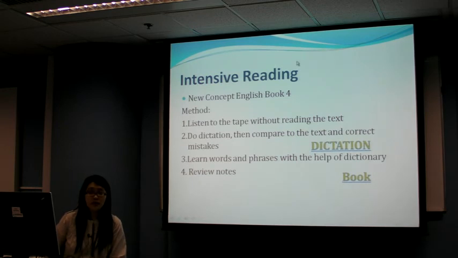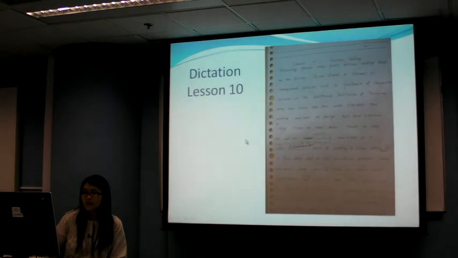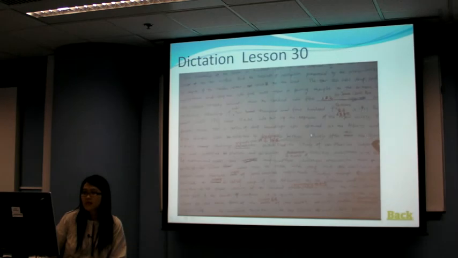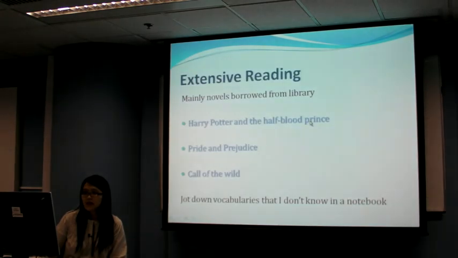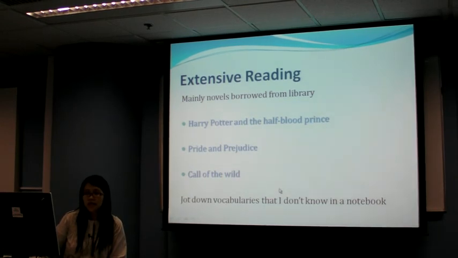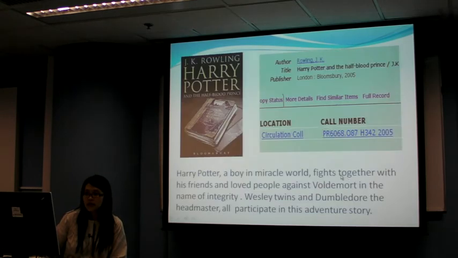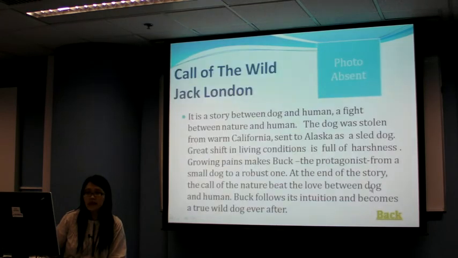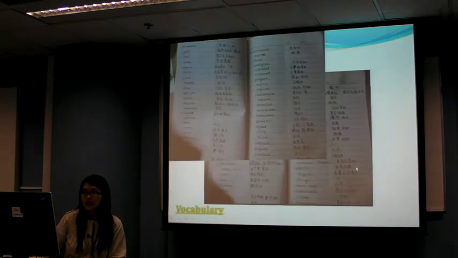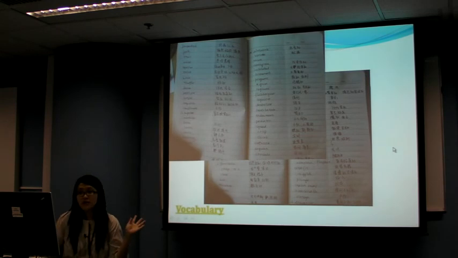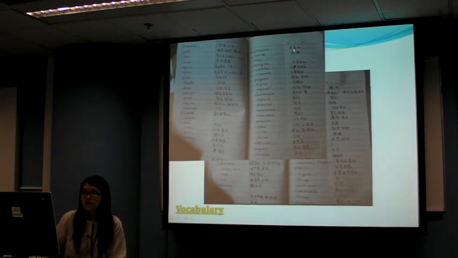This is the second objective, intensive reading. She did some dictation. Extensive reading, borrowing some novels from the library, and then write down the vocabulary items that she doesn't understand. So these are the books. She showed me what she has done, a summary of the story, the list of vocabulary in the vocabulary book. So you can see she focused mainly on the meaning and also the Chinese meaning, the translation of the meaning,